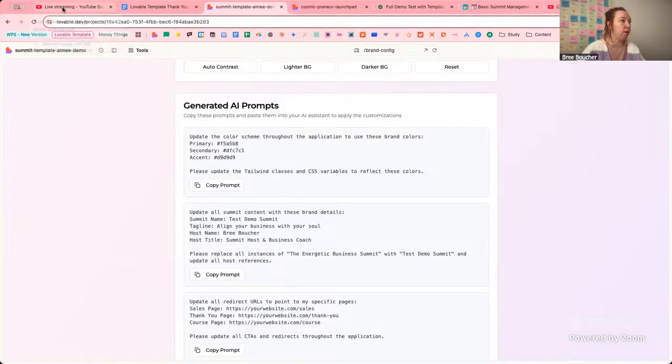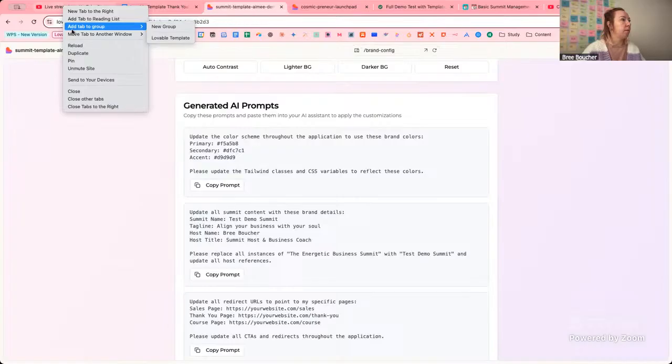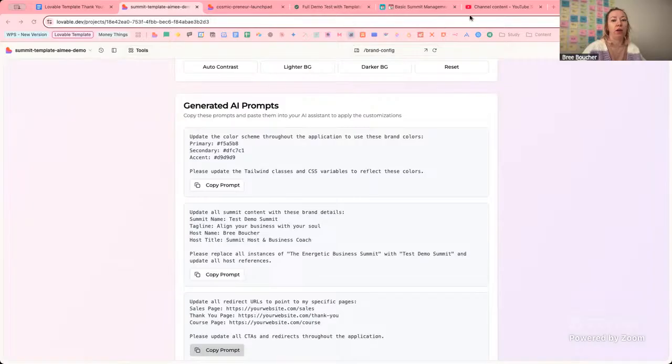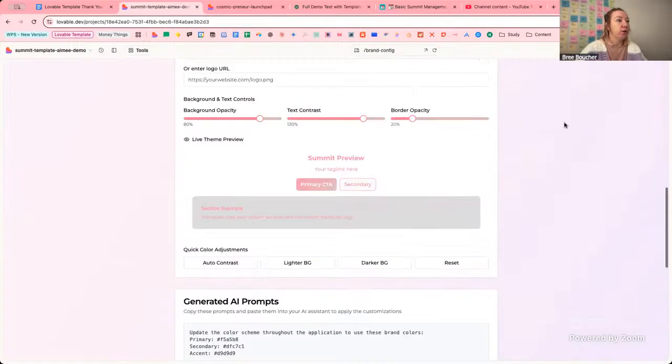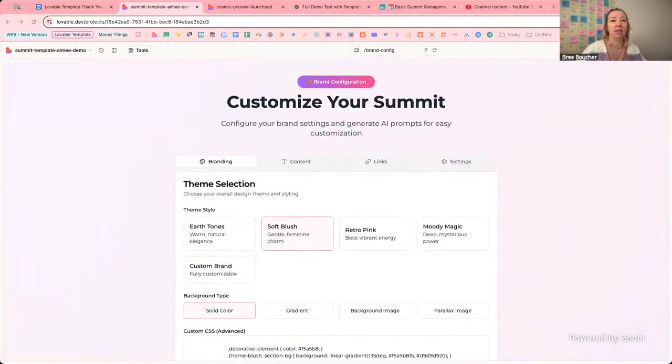Just going to move this tab to a new window really quickly so I can check in and see if there's any questions at the same time as this demo that I'm doing, just in case. All right. So why don't we get started? I'm just going to have my notes here and make sure that I'm going through everything that I want to do. If there's any questions at this point before I get stuck into this, let me know. Otherwise, I'm going to work through and show you how everything is working. So let's go back